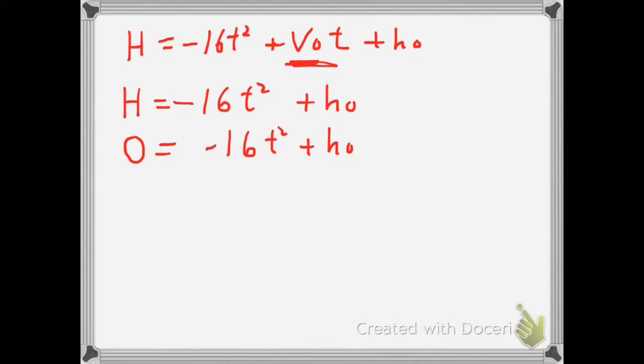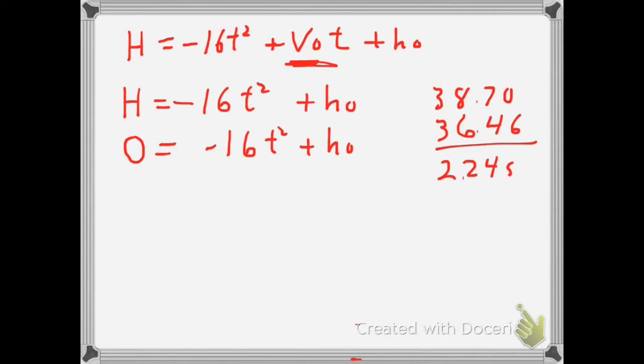So since we timed it and we had 38.70 seconds at the end and 36.46 seconds at the beginning of the drop, we have a drop time of about 2.24 seconds. So if we put that in our equation, first of all I'm going to subtract the h sub